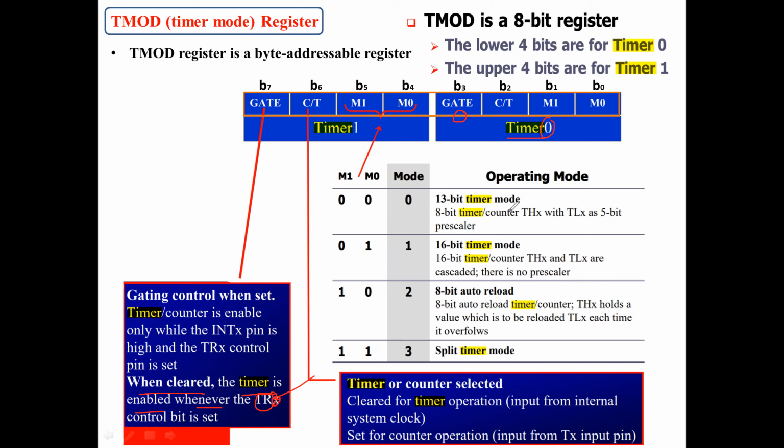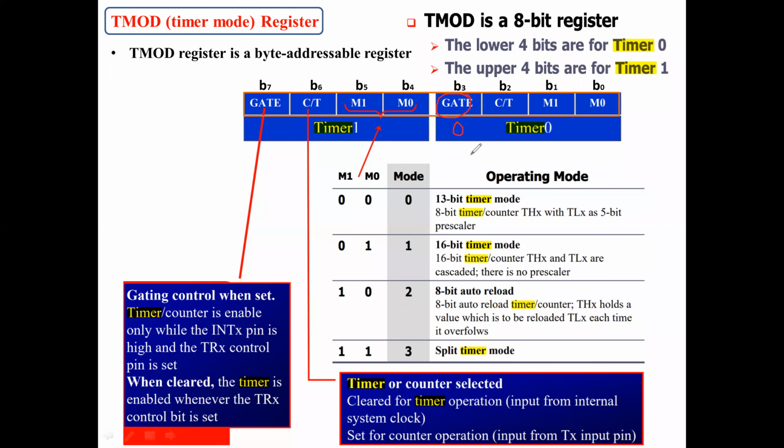As per my program, the timer will start from 0 to the final value, whatever it may be, for a 1 second delay. So it will start that, and the delay will be started. Under such a condition, there won't be any other operation. So gate is for this; we always use 0 for software run.